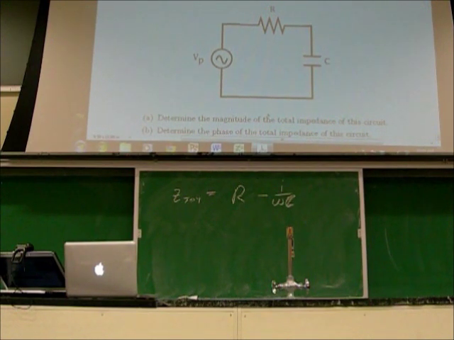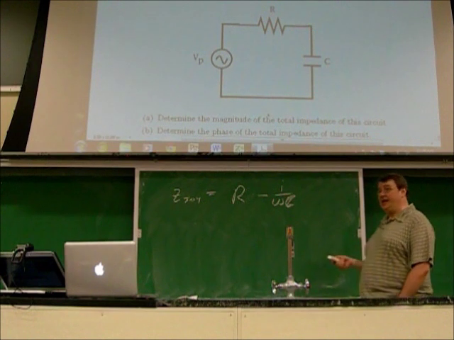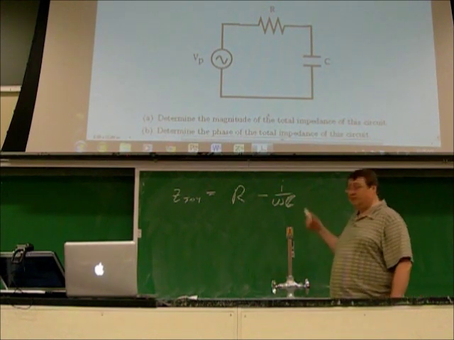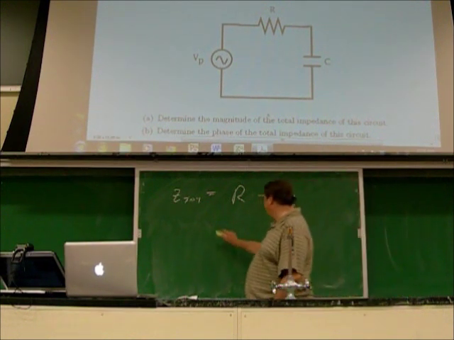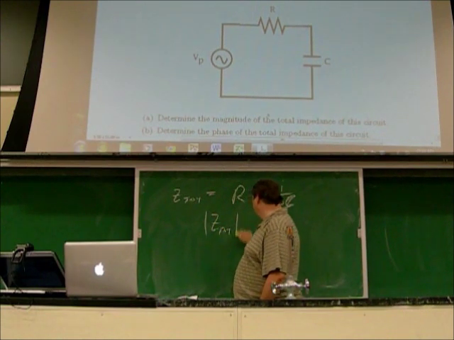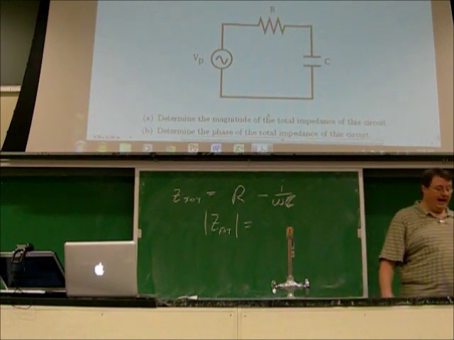What we would like to do is write this in C e to the i phi format, because C is the magnitude of every complex number, and phi is the phase of any complex number. So we write that as magnitude, like absolute value signs, of Z total, and we'll get a formula. And now,